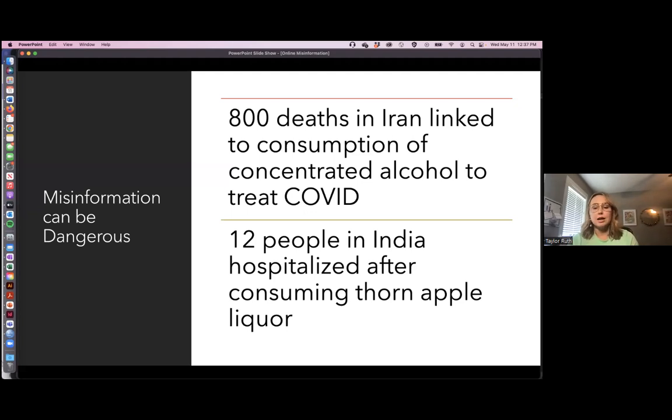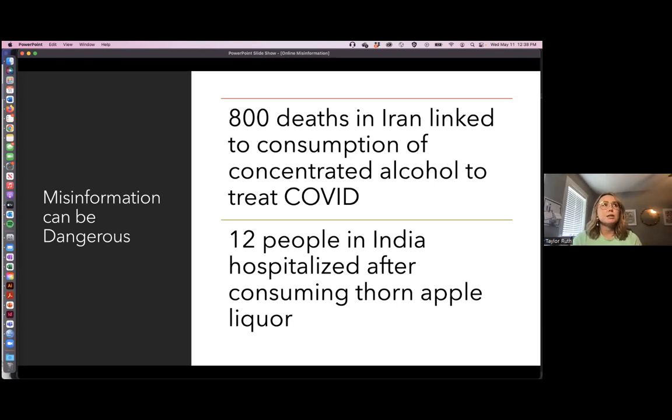Similarly, in India, there's a TikTok going around saying that if you drank this, I think it was thorn apple seed liquor, that it would also help treat and prevent COVID-19, and it led to hospitalization of adults as well as children. Also thinking about here in the States with ivermectin being a good preventative treatment for COVID-19. I have a horse who actually needs ivermectin to deworm her. And when I went to the store, I couldn't find any because it was sold out. And there are also warning labels everywhere that it's for livestock only. So this misinformation that's being spread online can have actual impacts on people. So like I said, sometimes it can be very harmless, but sometimes it can be quite dangerous.